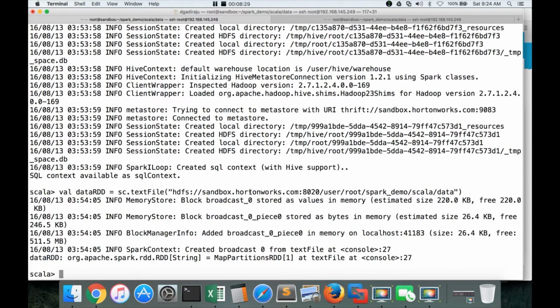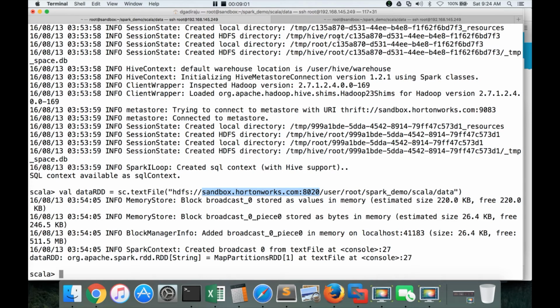The path has to be correct. Even if the path is not correct, it will pass, but when you try to preview or do certain actions, it will fail. Here in this case, the path is correct. So the RDD will be created for the file in this location, and here you have to give the appropriate name node and port number under hdfs:// to tell the Spark context object to read from the HDFS location.